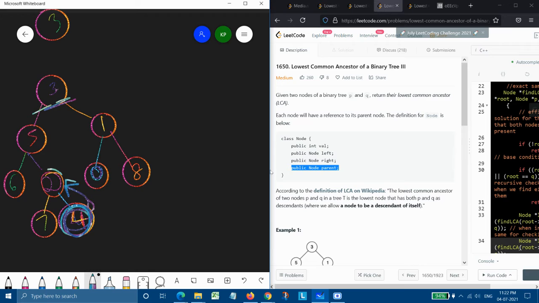and then when we reach 2, now our p becomes 2. After that, we need to check who is the parent of 2. It will be simply 5. Now p becomes 5, and the turn comes to 5. Who is the parent of 5? It's 3, right? Now p becomes 3.